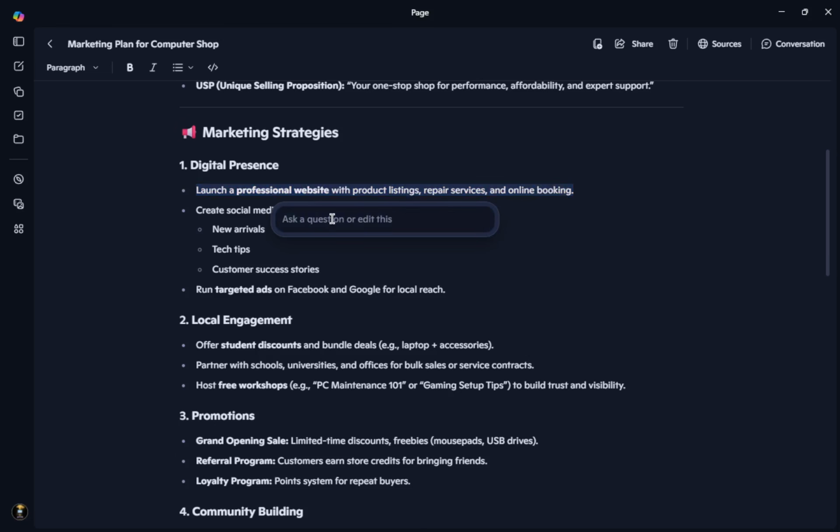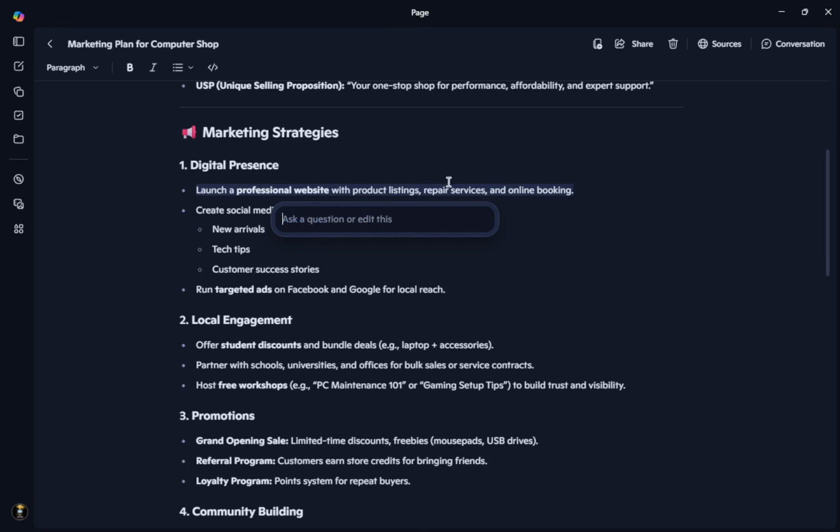To find saved pages later, open Copilot and access your conversation history or library. If needed, select Show All Pages. Click on a page to reopen it and continue your work. This step ensures that you can always return to your documents and pick up where you left off.